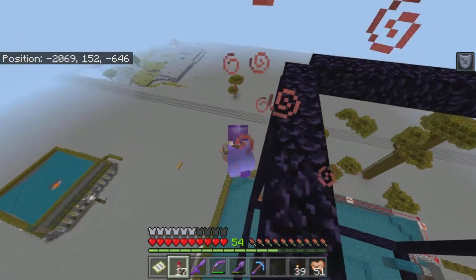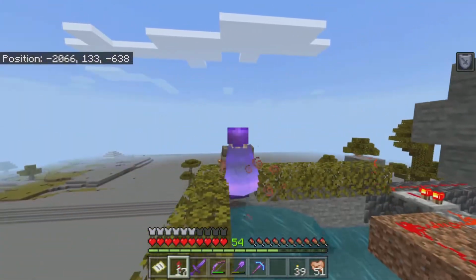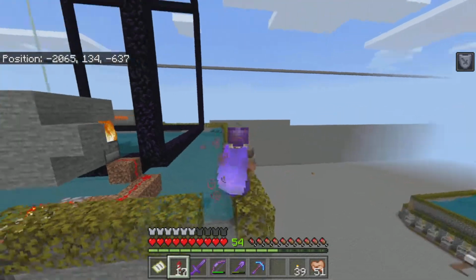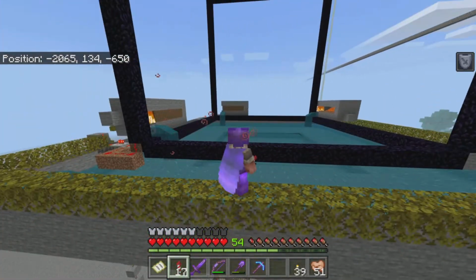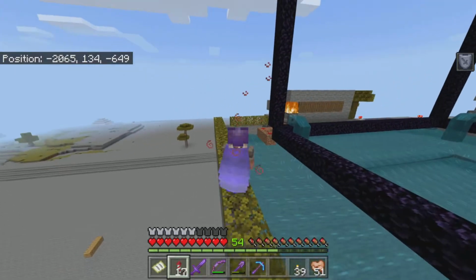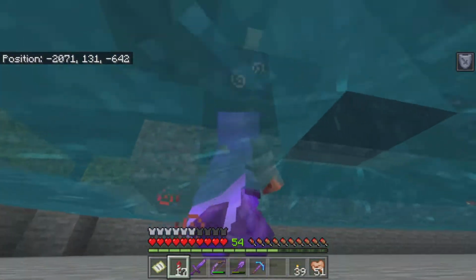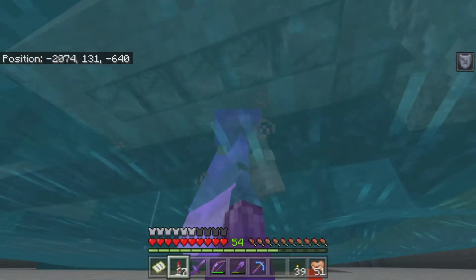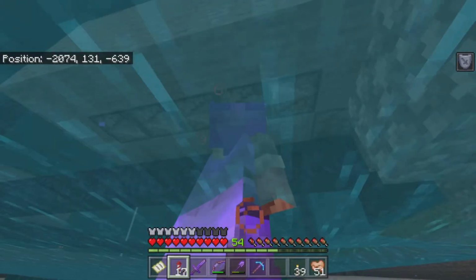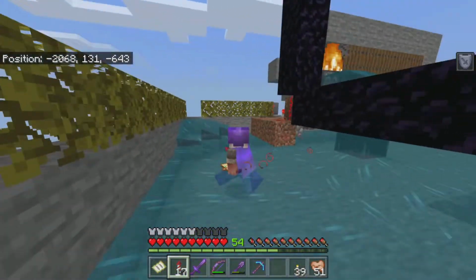So let's go down and take a look at the Nether Portals. They are 23 by 23, and I have 4 of them. I only have 3 hooked up right now. Let's go underneath here and look. I can show you. So it's just 4 observers going that way, 1 going the opposite way under here, and then